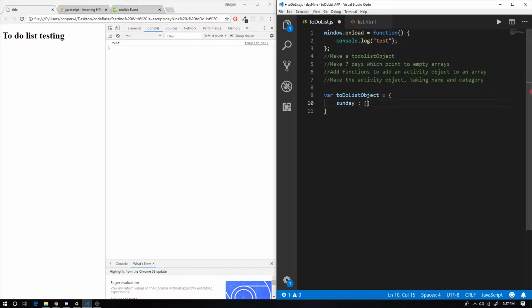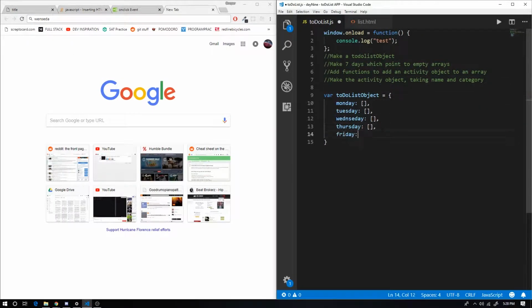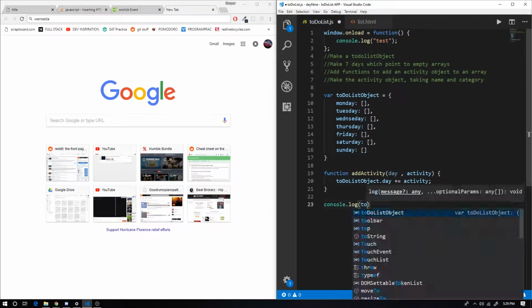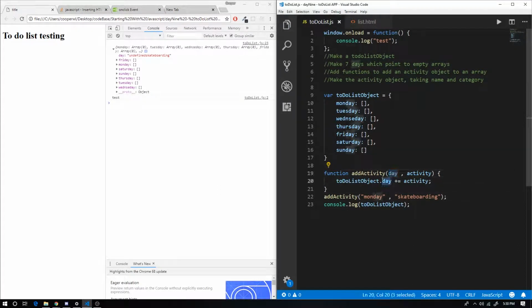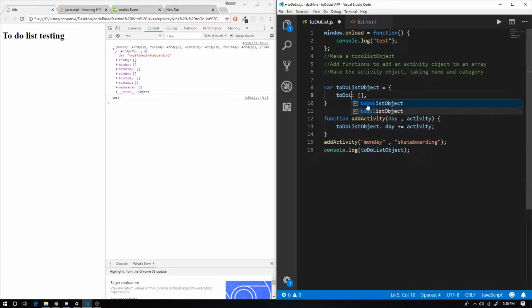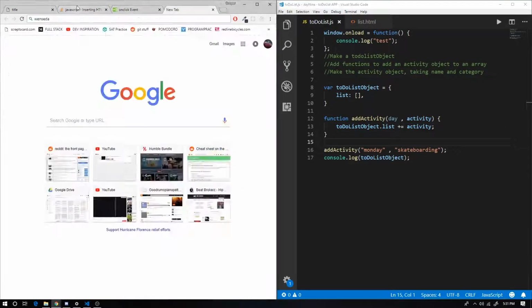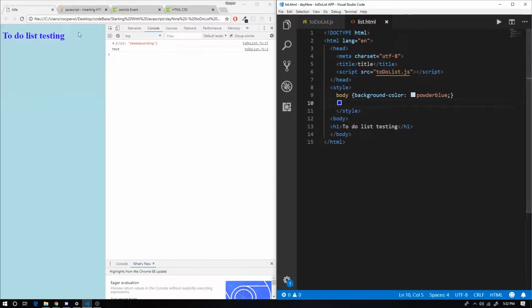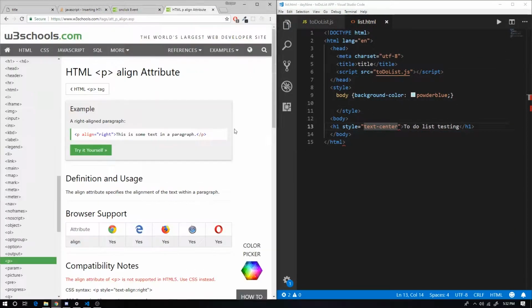I'm going to be making an object. I kind of look back, I'm not really sure why I used objects. You're seeing me write down the days here, I'm actually going to add that functionality later. And spoiler alert, I thought I had this done 100%, but I was wrong. So